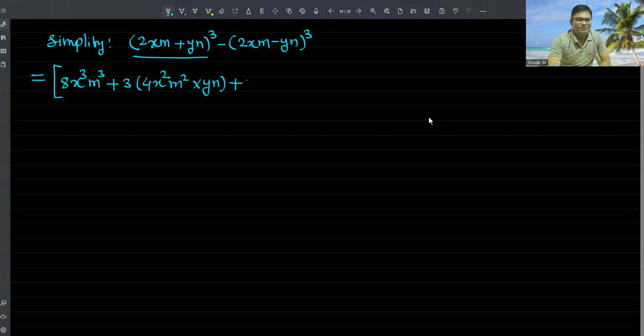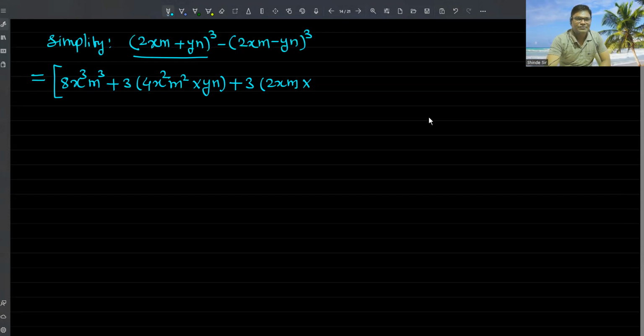Then plus 3 times the first term, the first term is 2xm, into second term's